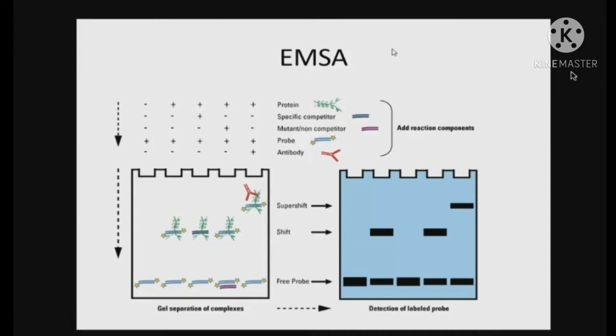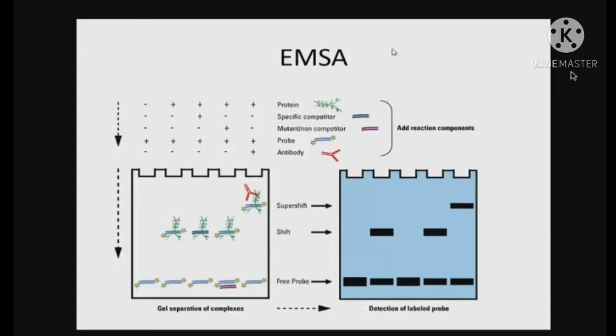We run the DNA in the gel, and in the second well, we run the DNA mixed with the possibly interacting protein which you have. So what will you see? If the DNA is alone, it will migrate faster, and if the DNA is interacting with the protein, then you will see slow migration. That is known as the gel shift assay.